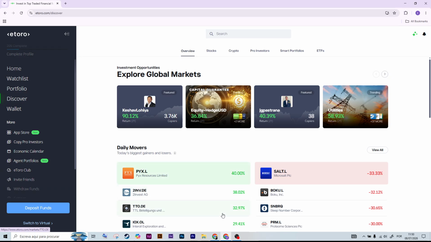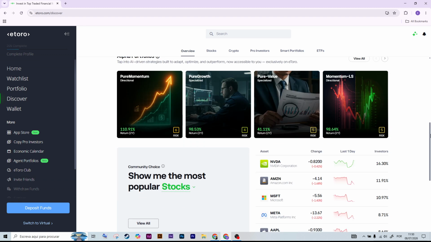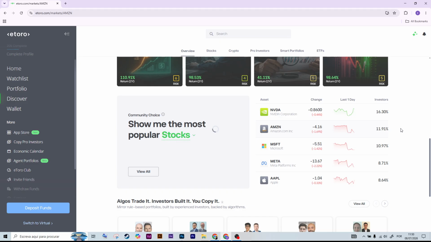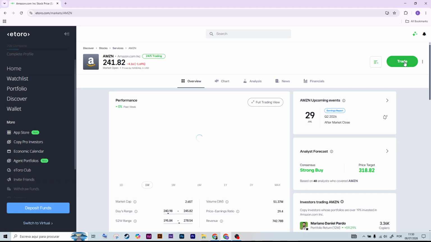Next, review your settings and click Copy to confirm. After that, Etoro will automatically begin copying the trader's eligible trades in proportion to the amount you've invested. Finally, monitor your copied investment from the Portfolio section, where you can pause, add funds, or stop copying the trader